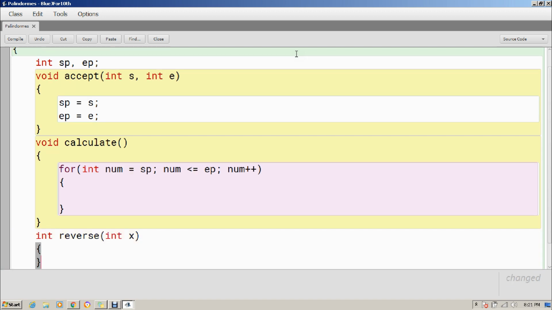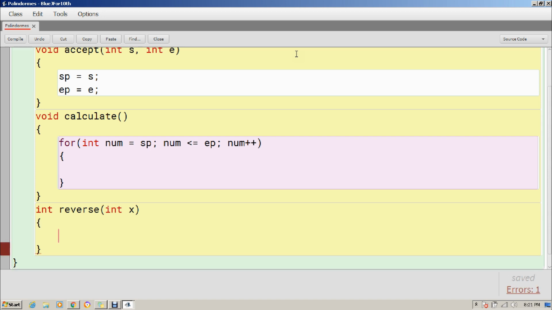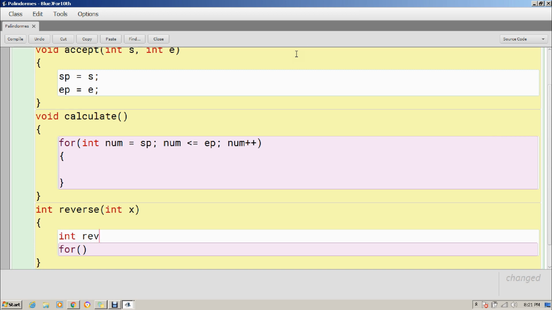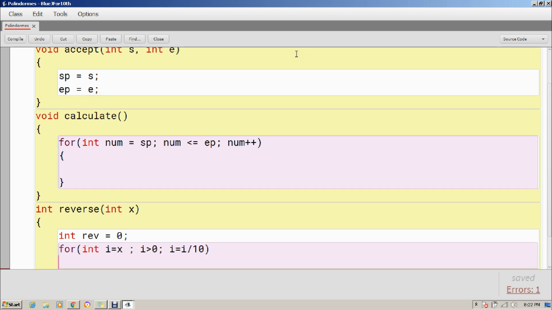It will return the reverse of x. Now you know how to reverse this x with the help of a for loop. For reversing I am creating a rev variable where I store 0. In this for loop I create a loop counter i, which is assigned x. This loop will run till i is greater than 0, and every time i equals i divided by 10.